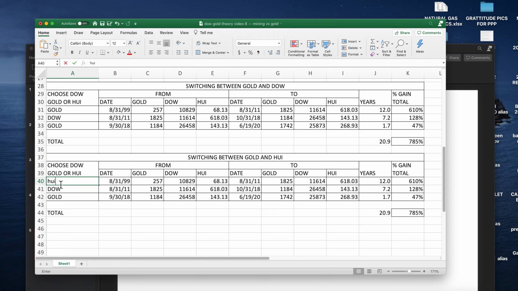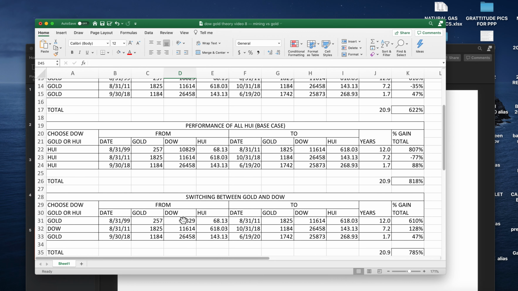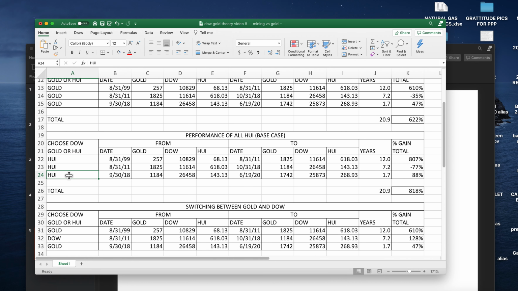So here I just put HUI, HUI, and HUI here, and that's the winner. So that's about the most I can squeeze out of this, by breaking it up in these three legs. Of course, day traders break it up, trade over the period of a day. So I think that it's legit to break it up and not just go all in. I mean, choose one and just stick with it.